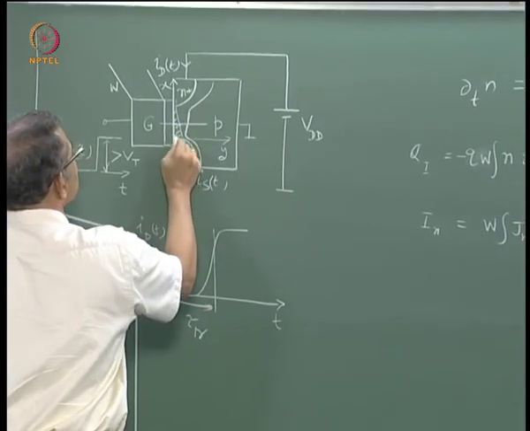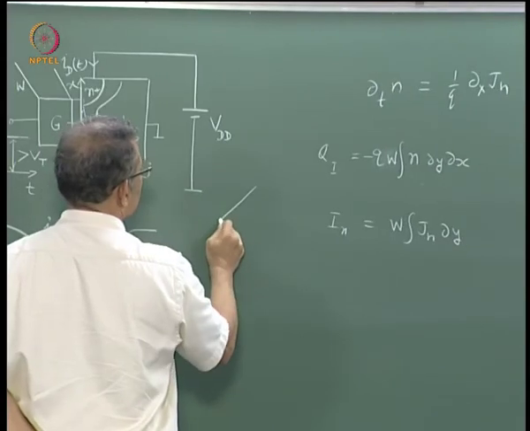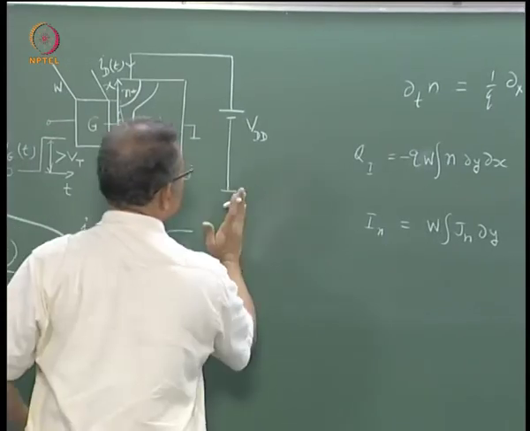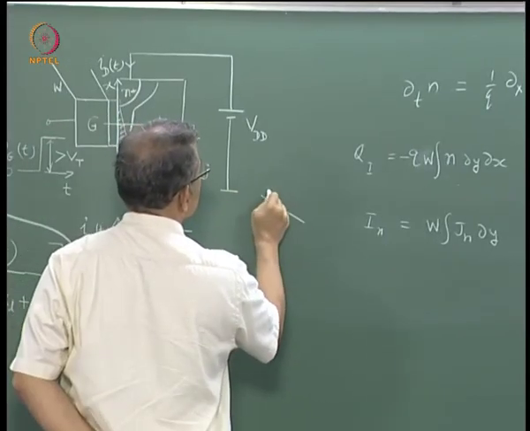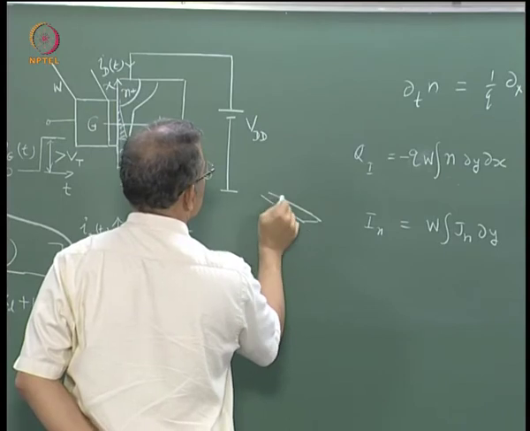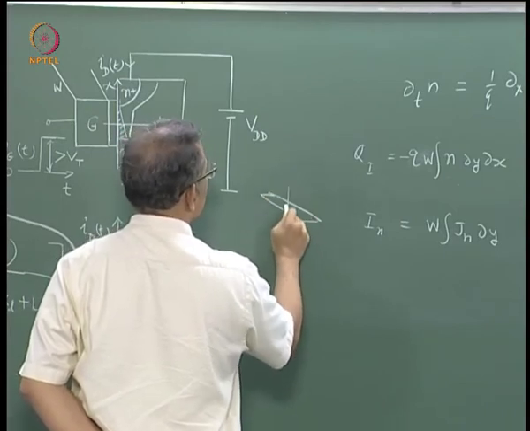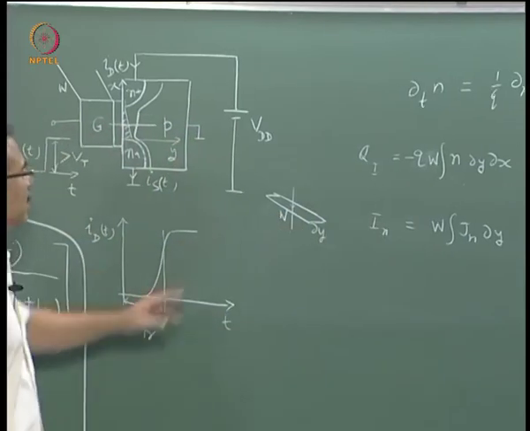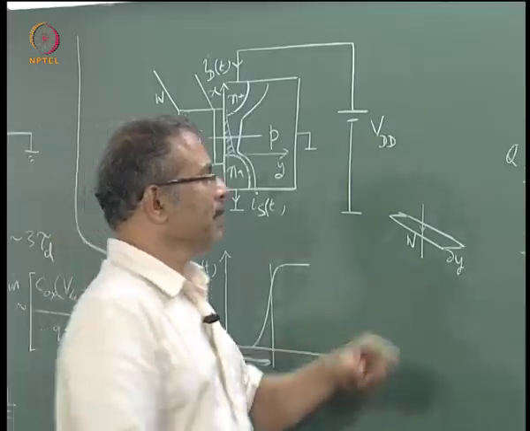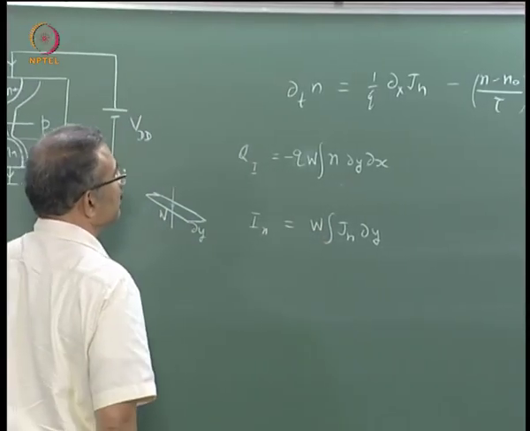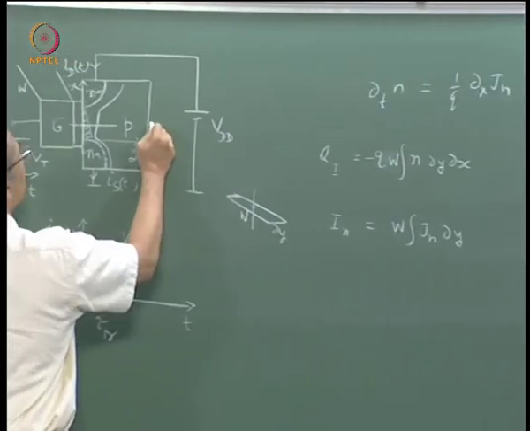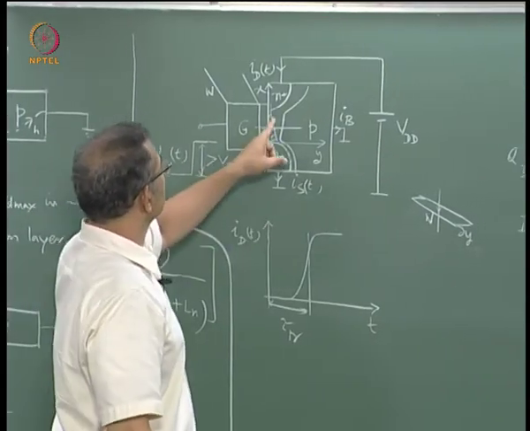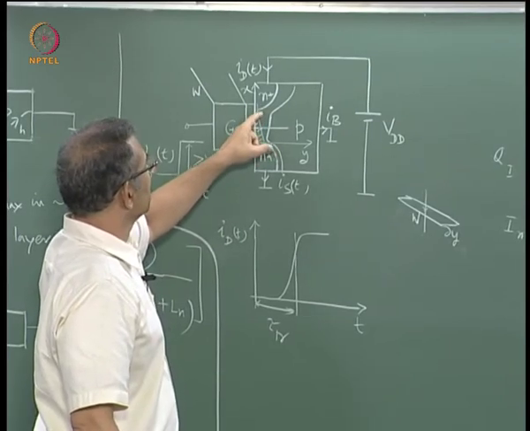The current is flowing like this, it has an area of cross section. If I show it in 2 dimensions, it would be probably like this. Your W is in this way. So something like this, your current flow is in this direction, this is dy and that is W, okay. So this is the area, W dy, that is J. Now what about the bulk current? The bulk current is the current here, that is Ib. Now this is because there is a generation of electron hole pairs.